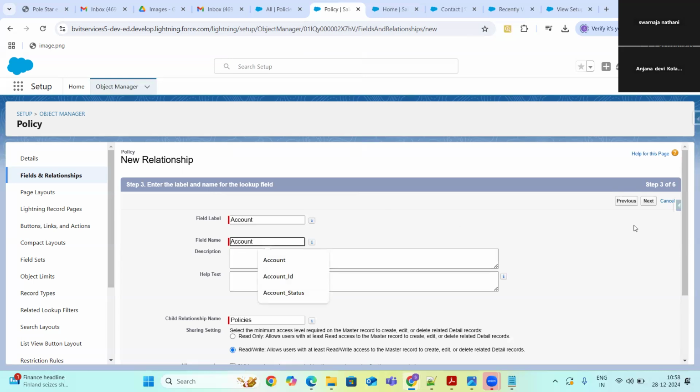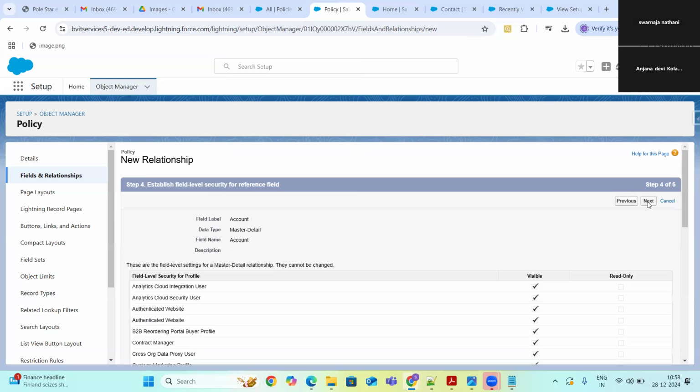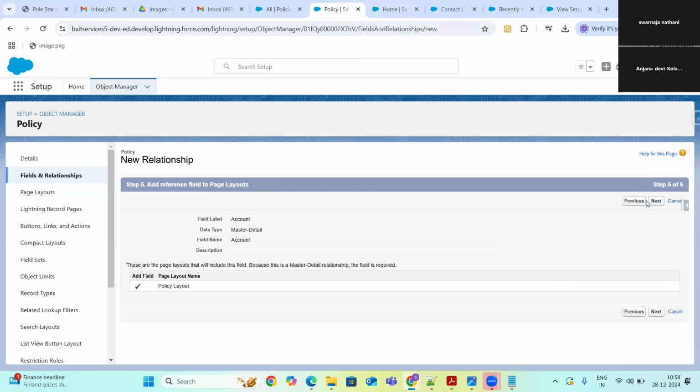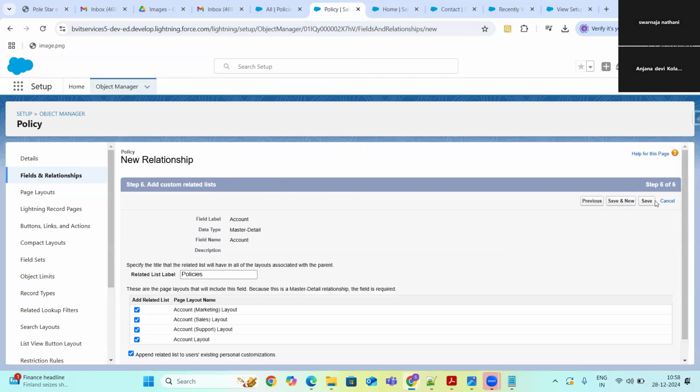And click on next. So master detail relationship is always mandatory, guys. There's no way of making it read only. It's always visible. It should always be available on page layouts, so you will not get an option to uncheck the checkbox. It's always present in the page layout because it's always mandatory.